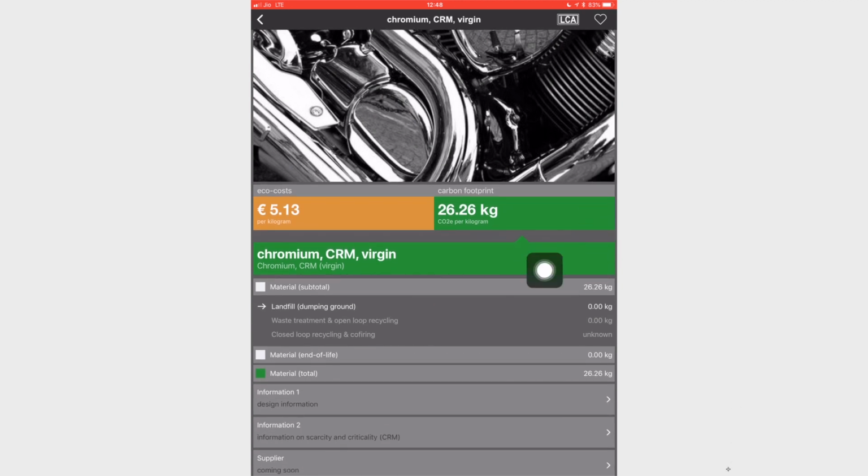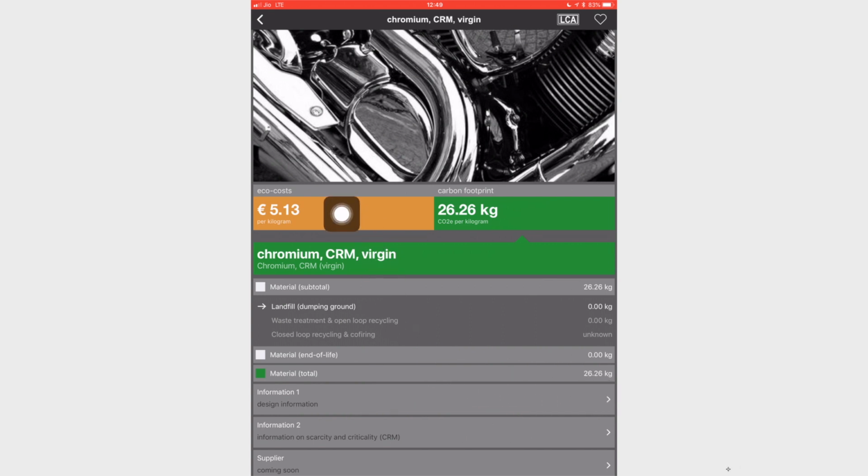For this chromium, the carbon footprint due to the material is 26.26 kg. For the landfill dumping ground, it is 0. For waste treatment and open recycling, it is 0, and closed loop recycling and co-firing, it is unknown. For material end of life, again 0 carbon footprint. Hence, the total carbon footprint for the material is 26.26 kg.